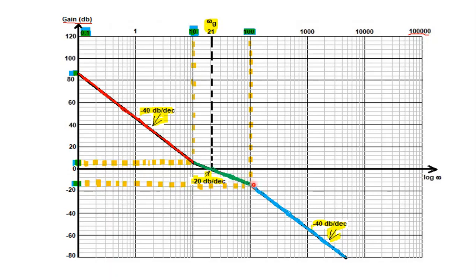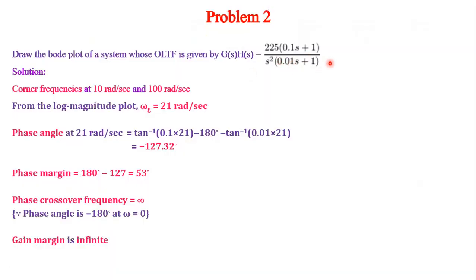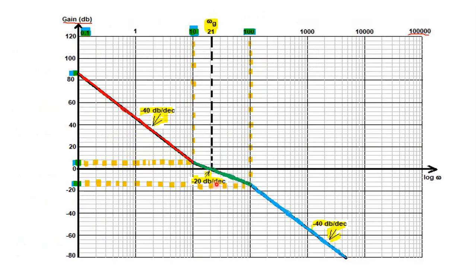After 100, the slope is again changing because of this factor. Which factor? This factor. This factor changes slope from 0 to minus 20 dB per decade. Therefore, minus 20 to minus 20, minus 40 dB per decade. So at 100, whatever value is there, at 1000. So at 100 how much? Minus 15. Therefore, at 1000, minus 15 minus 40, minus 55. That is what I have marked. So corresponding to minus 55, join these 2 points, extend till the end. So this is minus 40 dB per decade, minus 20 dB per decade, minus 40 dB per decade.